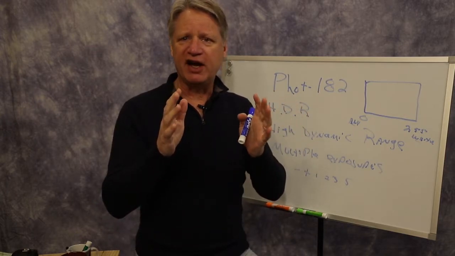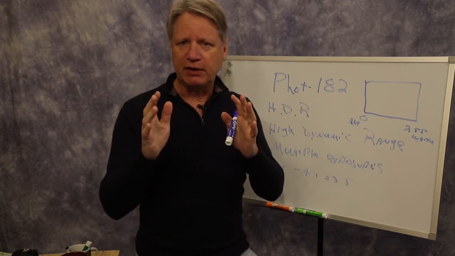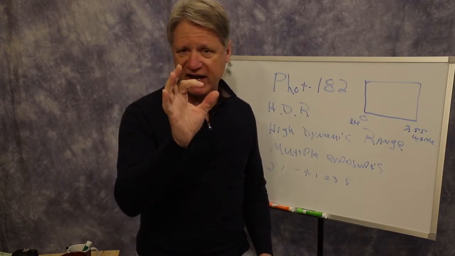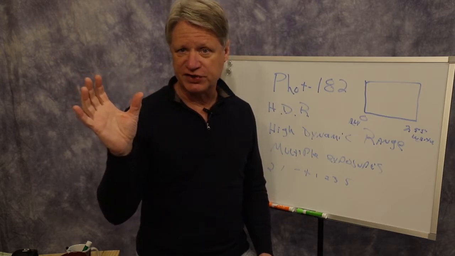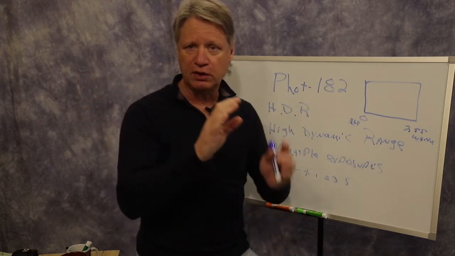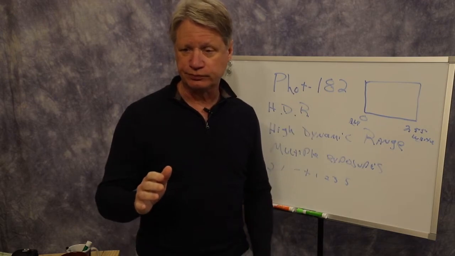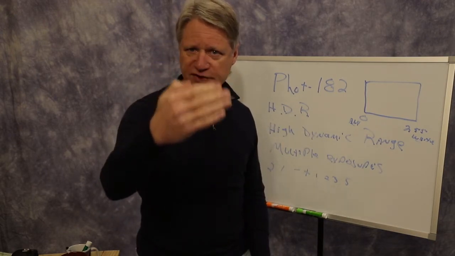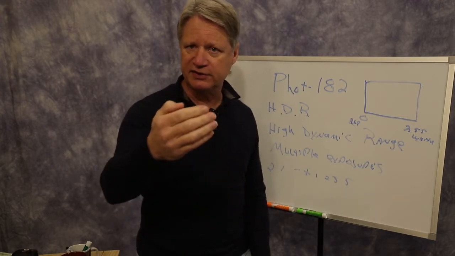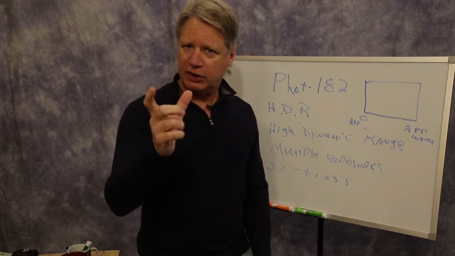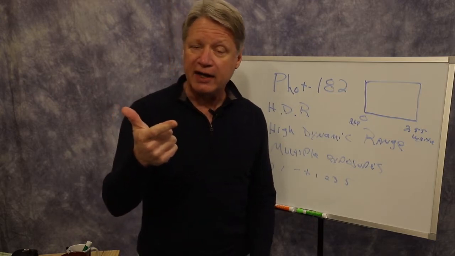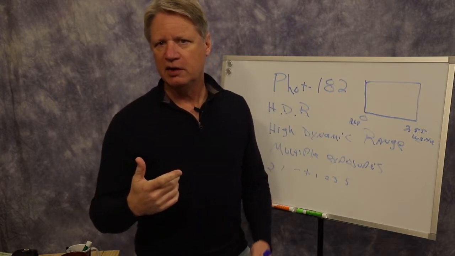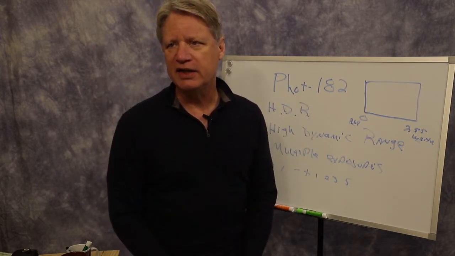Then you'll have to vary the exposure. Typically, if we were to vary the aperture, say we shot this at f8, if we were to go to f11 or f16, and then maybe down to f4 to cover the range, we would be varying our depth of field. The focus point would stay the same, but we would be varying the depth of field. That could be interesting to try in an experiment and see how it goes, but typically the easier